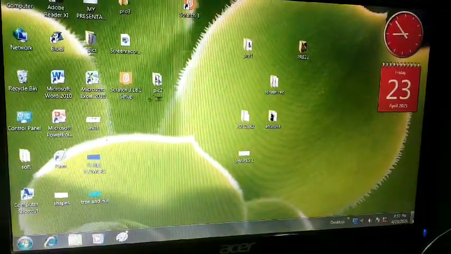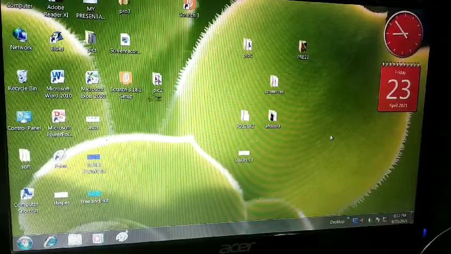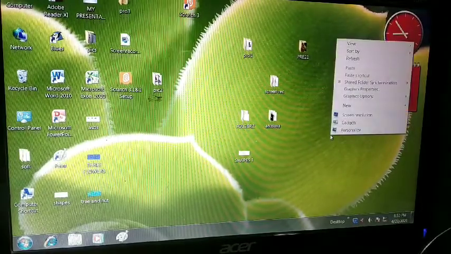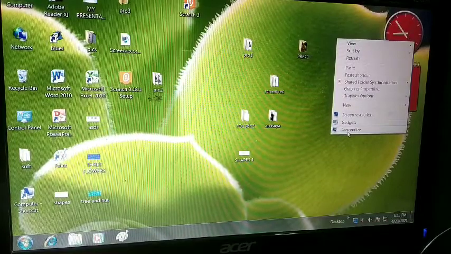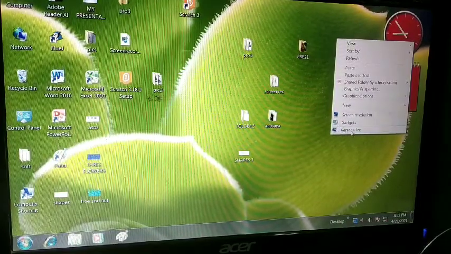It is very easy to change the desktop background. In the empty area of the desktop, do a right click. Here you get the personalize option at the end of this shortcut menu.